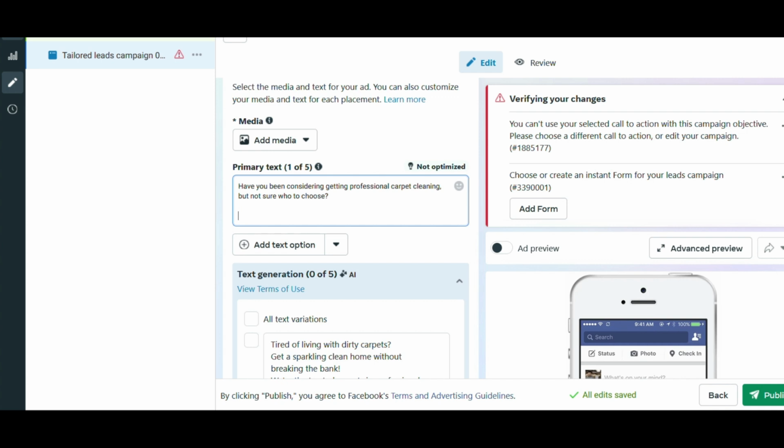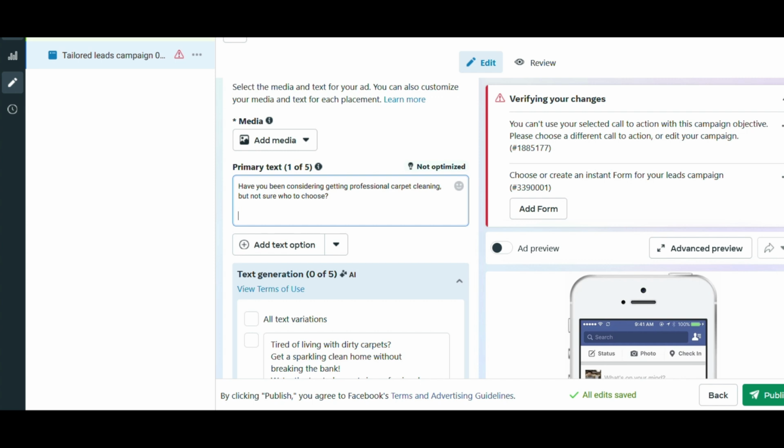Essentially, what we want Facebook to do is find people who are searching the internet right now, visiting directory websites, searching Google, and looking for a carpet cleaner, meaning they've Googled carpet cleaner near me, carpet cleaning keywords, carpet cleaning Houston as an example, or wherever you're located. And that is one of the ways we're going to use the Facebook algorithm to get in front of our